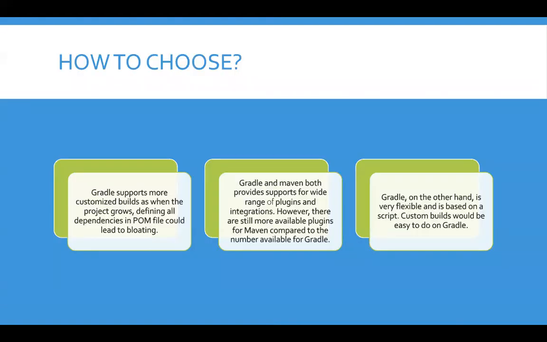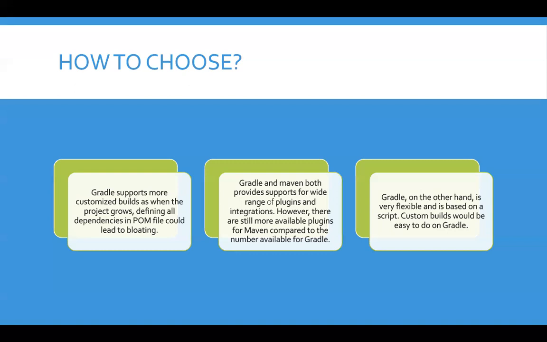Okay, now we have covered a fair idea of what is included in Maven and what is included in Gradle. But if we come to choose between these two, how should we do that? There are three key points. The first point is customizable builds. With Maven, you can easily define your project's metadata and dependencies, but creating a highly customizable build could be a nightmare for Maven users. The POM file can easily be bloated if you are working on a very big project and you have a very large number of dependencies, and you can even lose track of the dependencies.